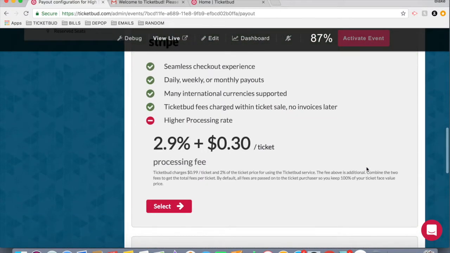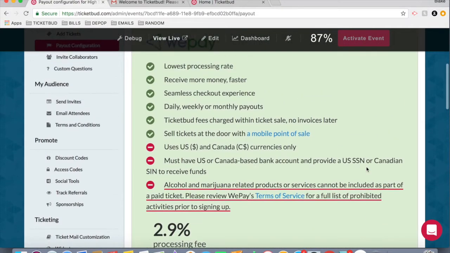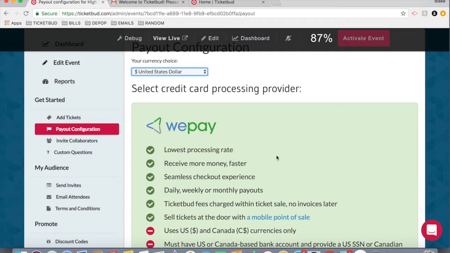The advantages and disadvantages of each of them are listed here on this page, which you can read over. The first one listed here, WePay, is our preferred payment processor, but one thing to note is that events involving alcohol are against their terms of service. So if your reunion will be mentioning alcohol anywhere on your event page, you will need to select Stripe or